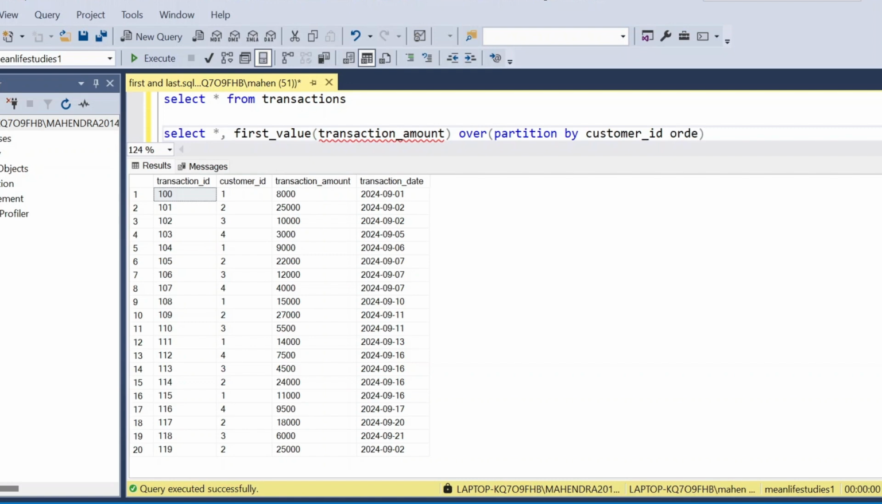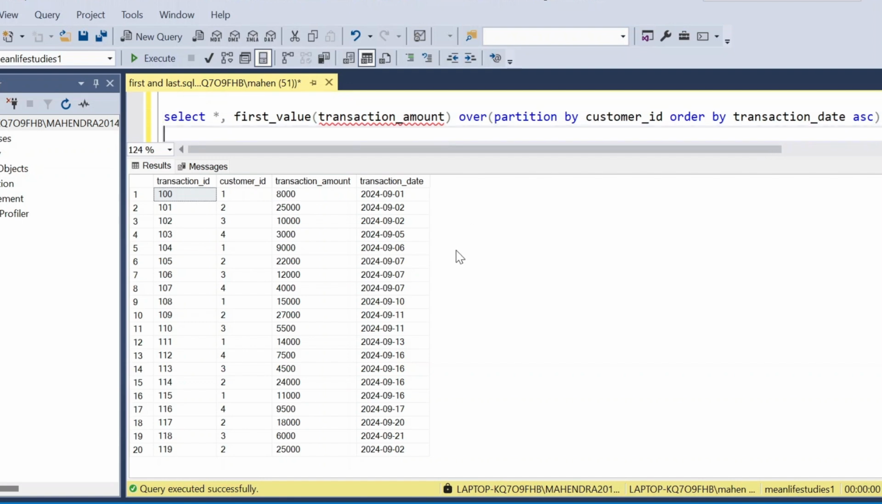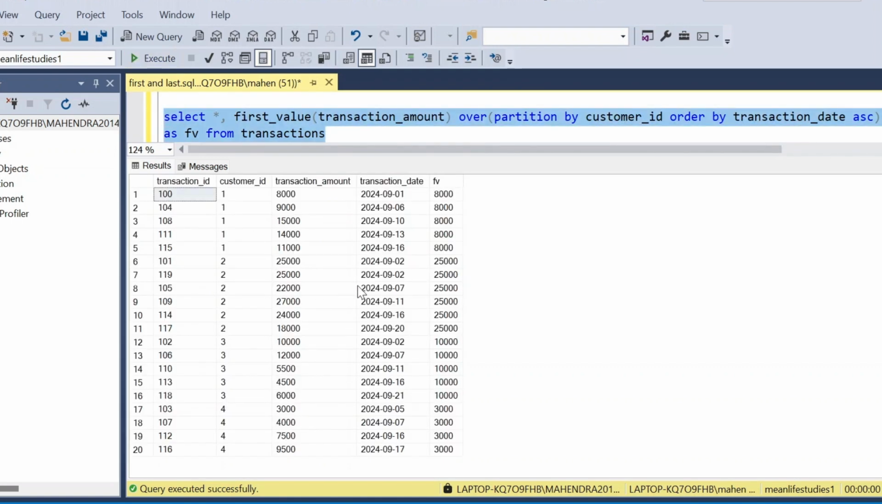So we have to mention order by transaction date in ascending order, right? Now I'm just writing down FIRST_VALUE from transactions. If I execute this query, if you observe carefully, we have different transaction IDs, different customers, different transaction amounts and dates, and we are returning the first value of transaction amount,